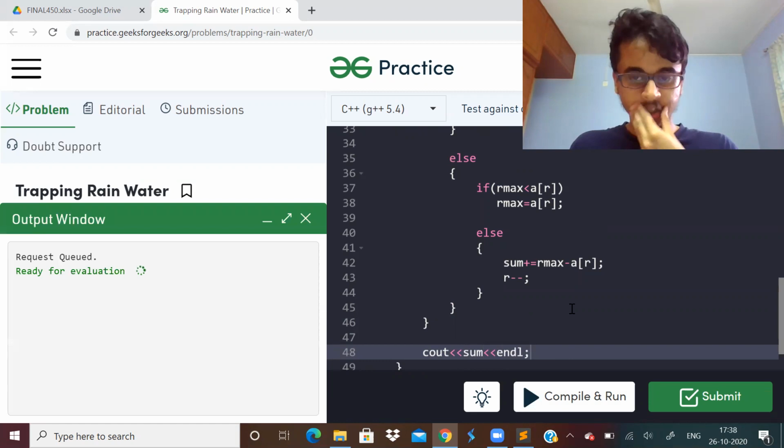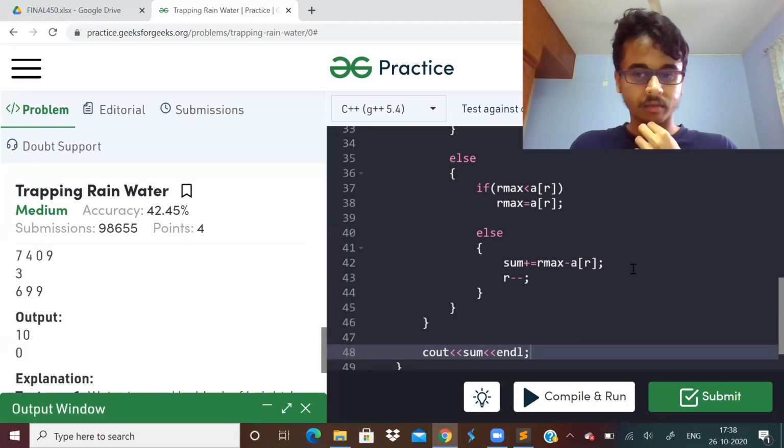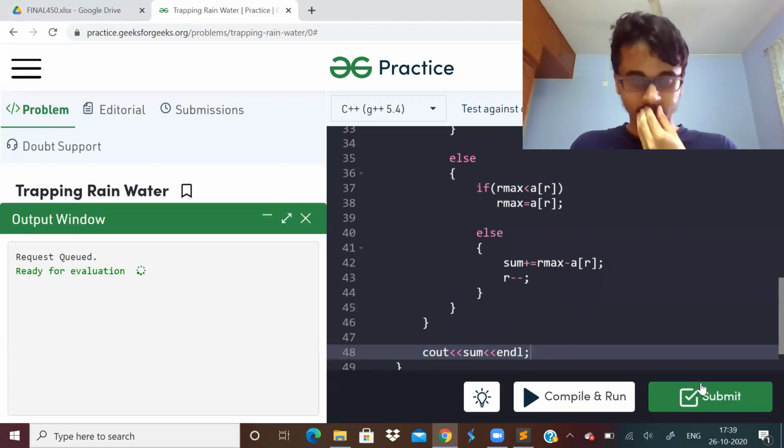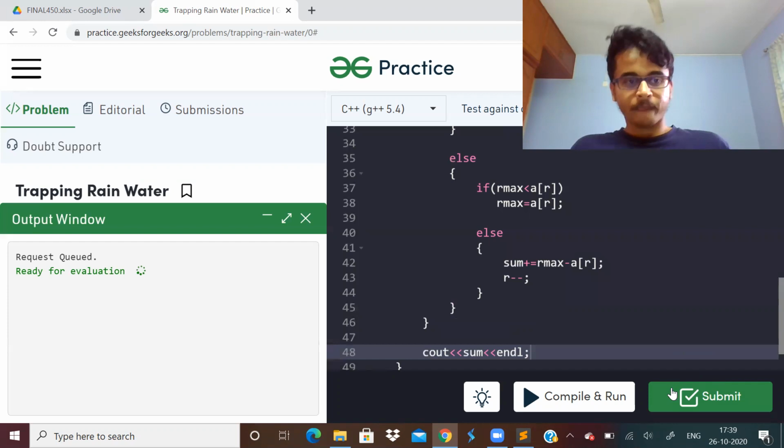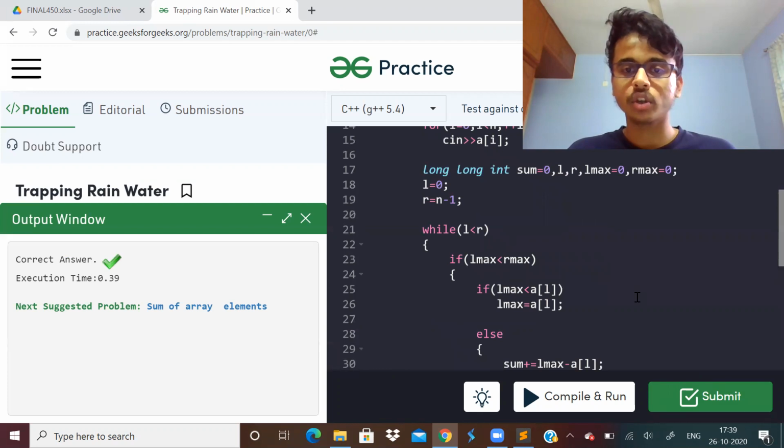So let us see if this will give us the correct answer. So we got the correct answer. Over here, there is no use of extra array, no use of stack.